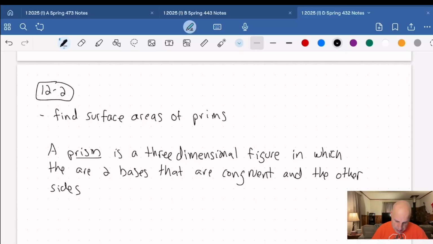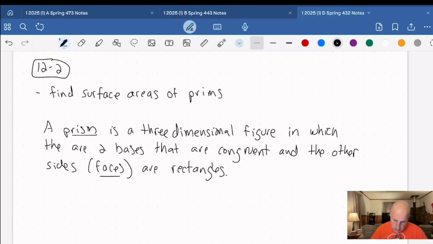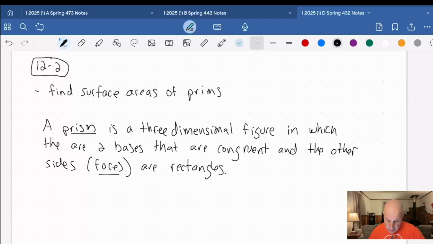The other sides, we call those faces, are rectangles. So a prism is a three-dimensional figure in which there are two bases that are congruent and the other sides